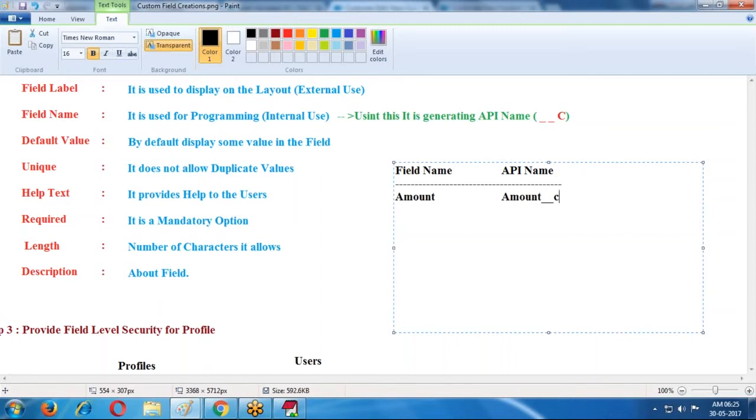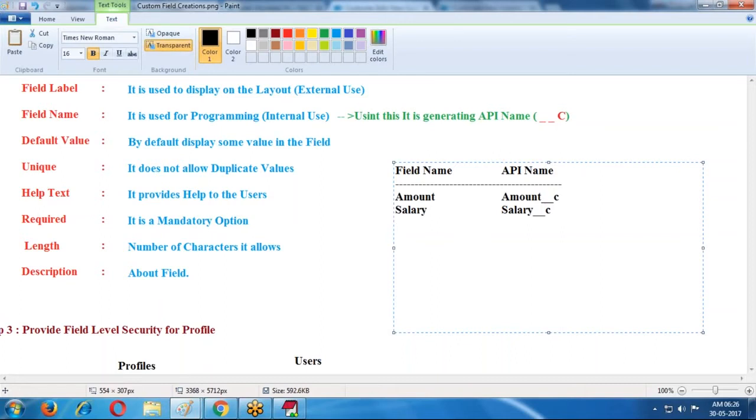Whatever API names we are providing, programmatically, if you want to insert data into these fields, then we use the API names. For salary, the API name is salary underscore underscore c.